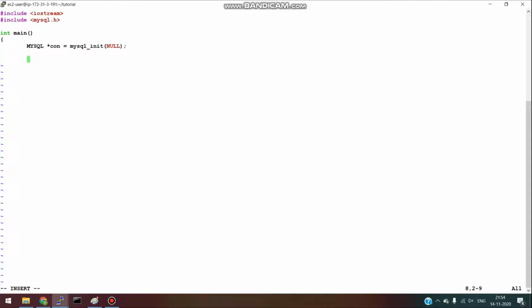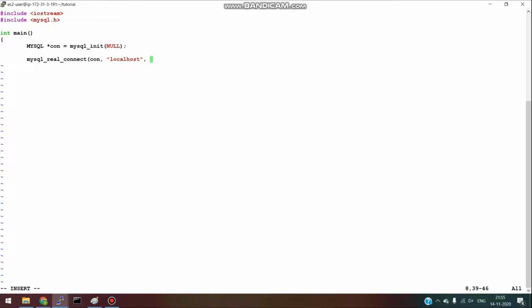Now we will connect to the MySQL server. For that, use mysql_real_connect, and we have to pass first the MySQL object, and then the IP address on which your MySQL server is running. Since it is running on my system, I will provide localhost.